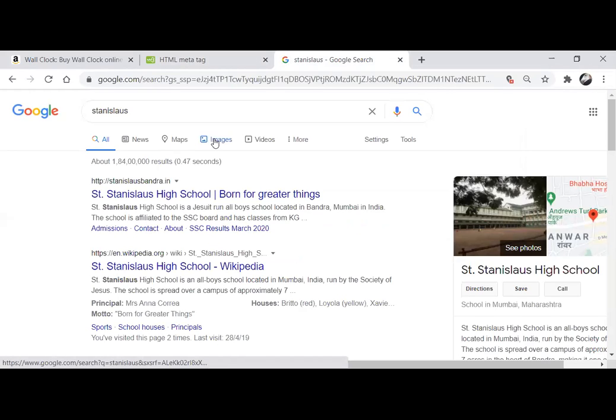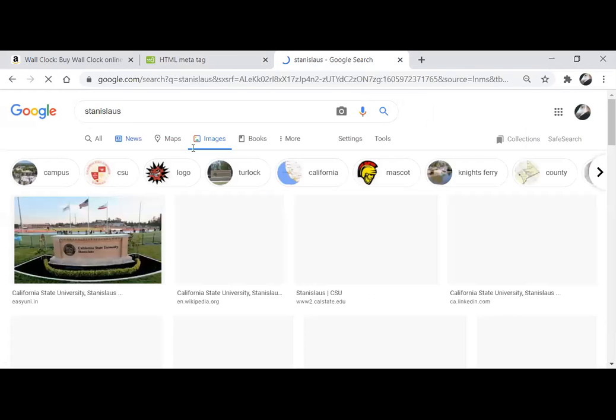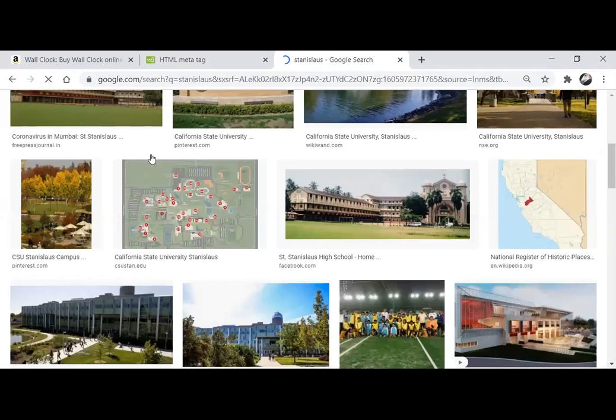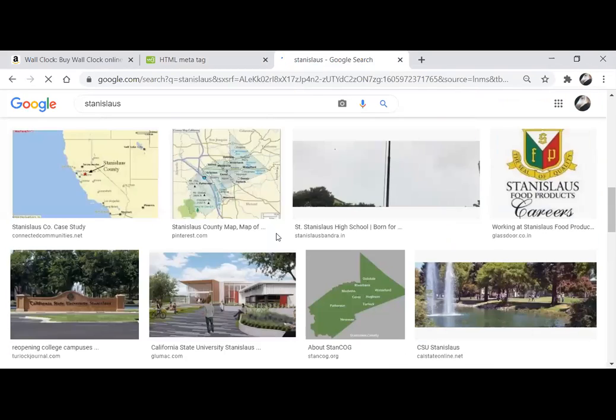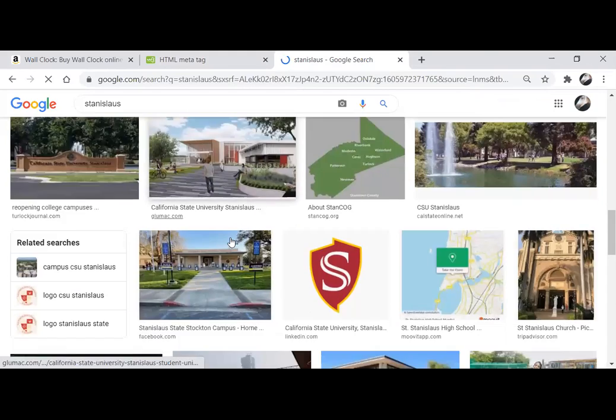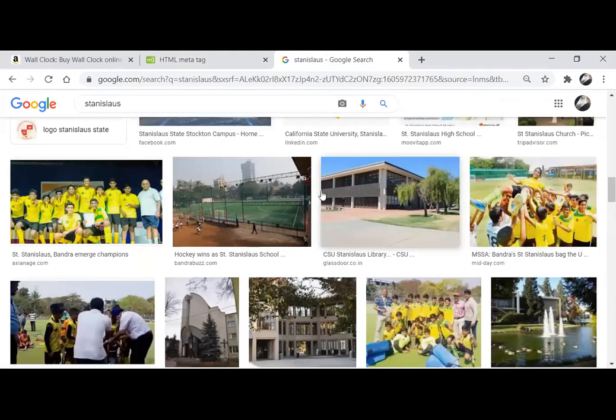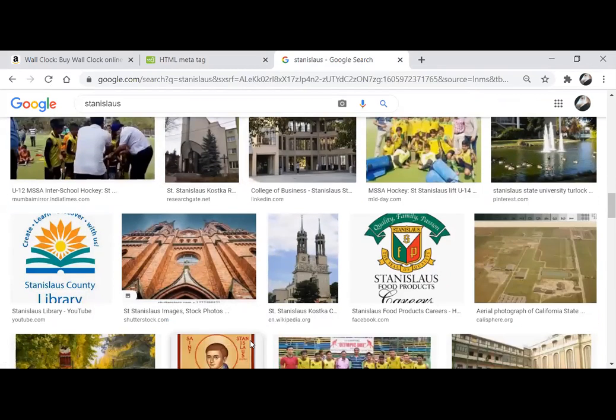Yes, and you type a particular query and you go for the images part. So it has lots and lots of images over here. So if you want to display such enormous information or a lot of content on your website, people make use of MongoDB.